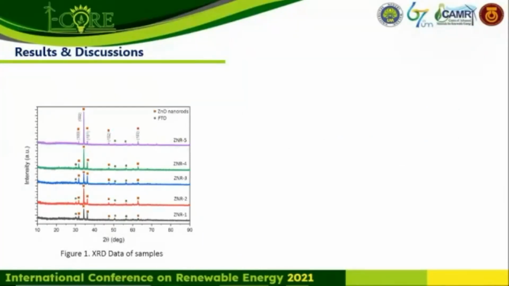And this is the XRD data results in the form of a graph of the relation between the intensity and the diffraction angle as shown in figure 1. The peaks of the diffraction show the crystalline phase of the zinc oxide. Several zinc oxide peaks with a wurtzite phase were identified in the HKL 100,